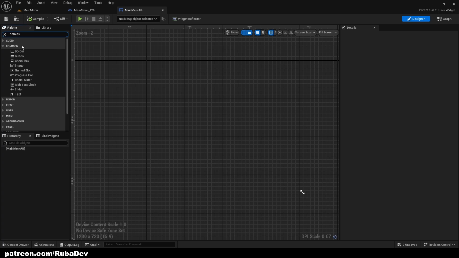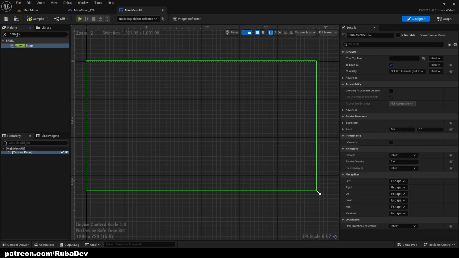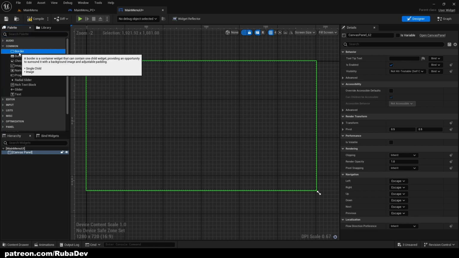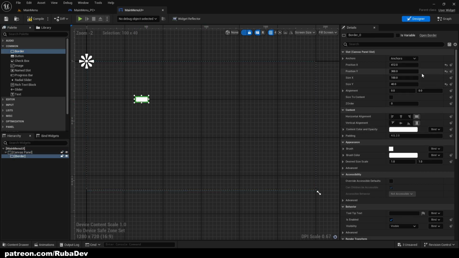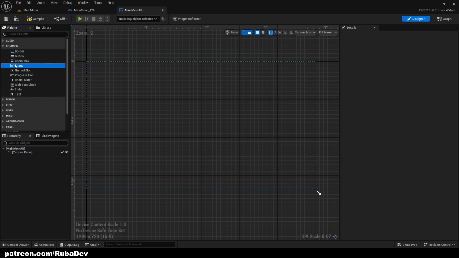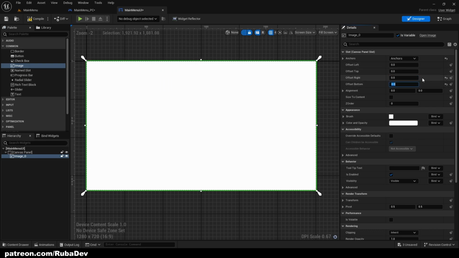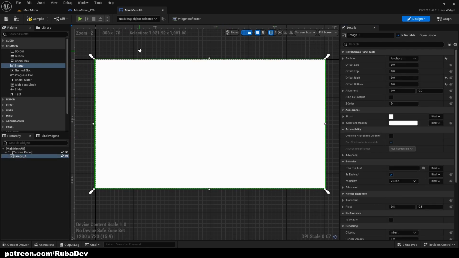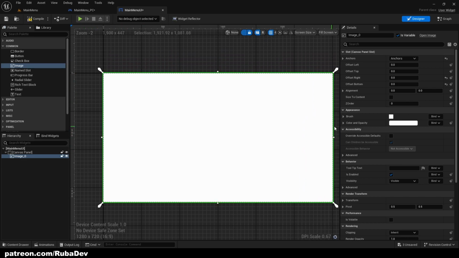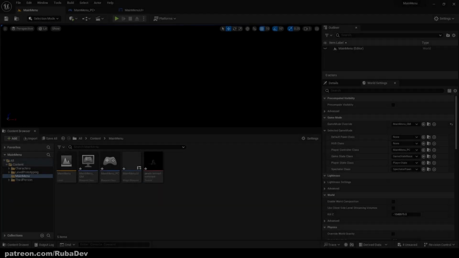So first thing, I'm gonna create the variant with the image. If you want the image, obviously we need canvas panel anyways to locate better things on the screen. And in my example, I'm gonna get the border, actually I can just get image, not border, sorry. And I'm gonna fill the screen with it. And offset is gonna be set to default to 0, and offset right bottom, so all four to 0. And we should have the image now. So okay, I added the image,